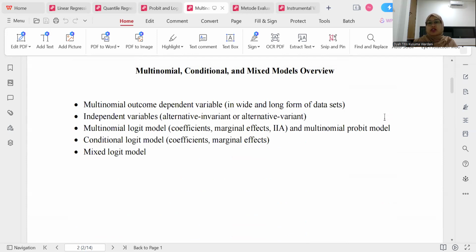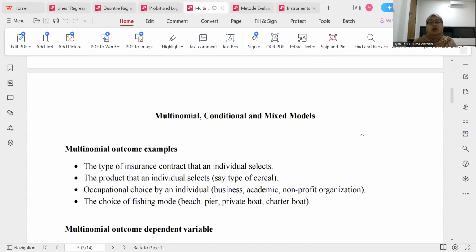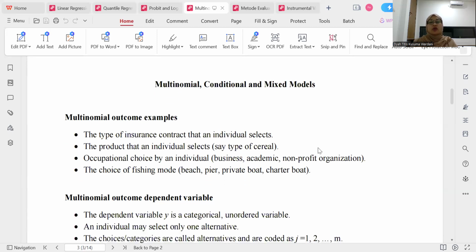Okay, multinomial, conditional, and mixed model overview. We cover the multinomial outcome dependent variable, wide and long format of data sets, independent variables, the multinomial logit model, the conditional logit model, and the last one, the mixed logit model. Okay, first we will talk about